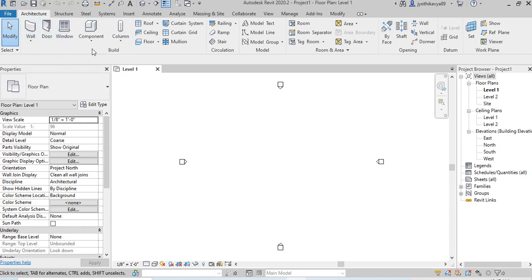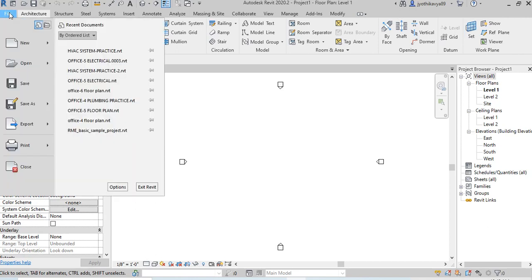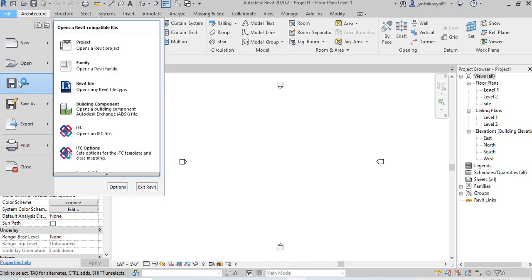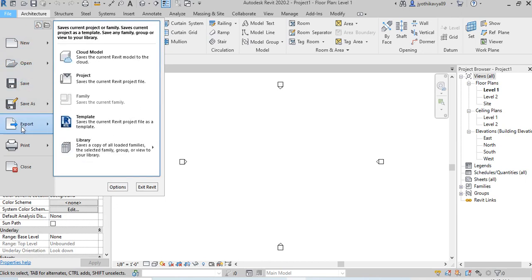You have all these tools which are by default used by an architectural model, right? And here this is a Revit toolbar. Once you click on this, you'll see an option to create a new file, open a file, save as, export,